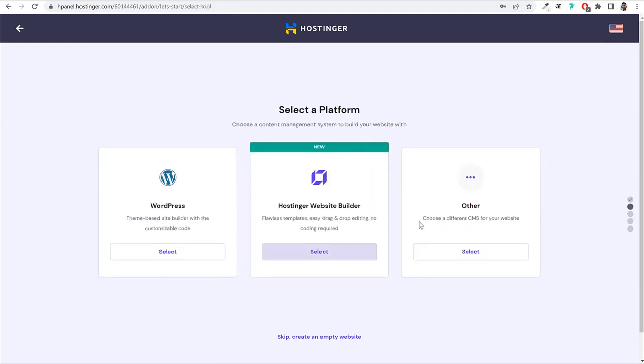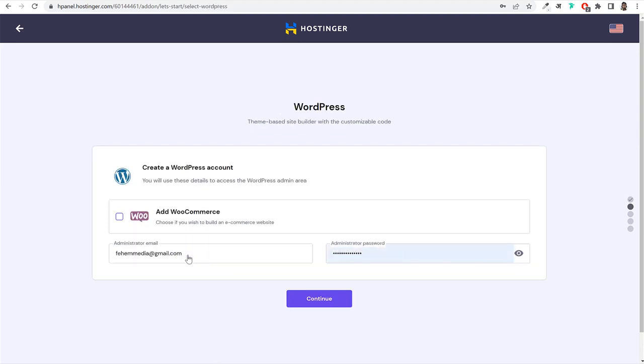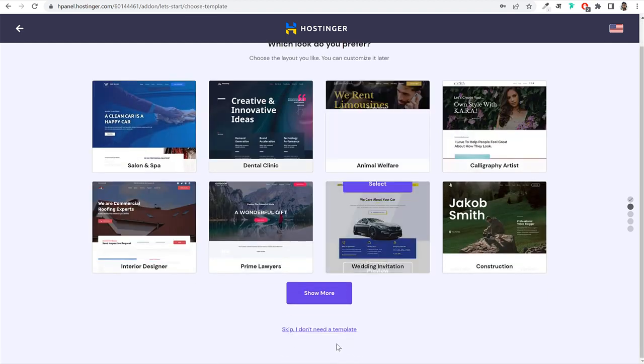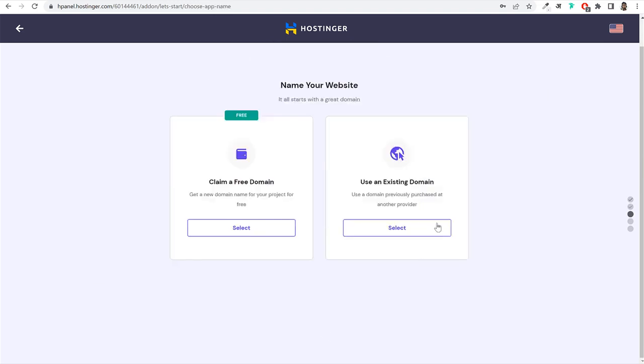Now what option do you want to use? We'll be using WordPress, and again you can select a WordPress email and password. We have seen all these things just now. So select some email and password for your WordPress account and click on continue. Then we don't want anything like this, so we'll skip this template thing. Now I want to use an existing domain. Let me also show you how you can use an existing domain. If your domain name is